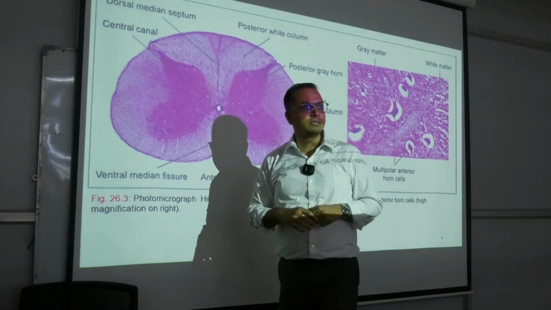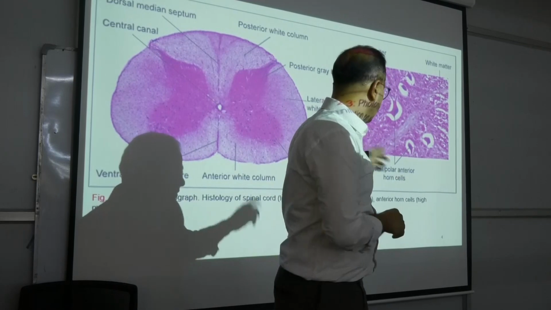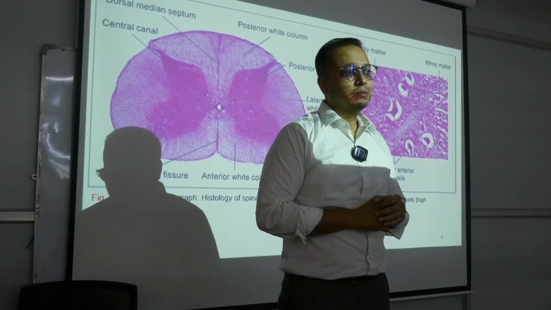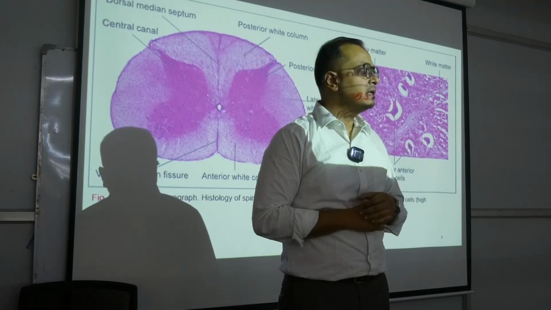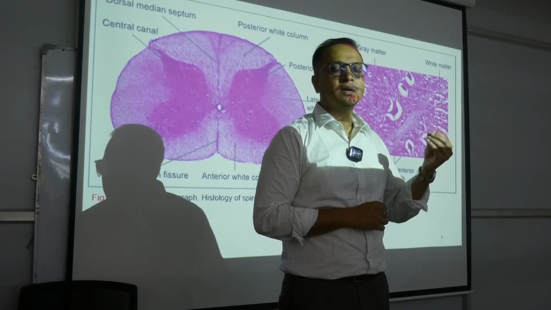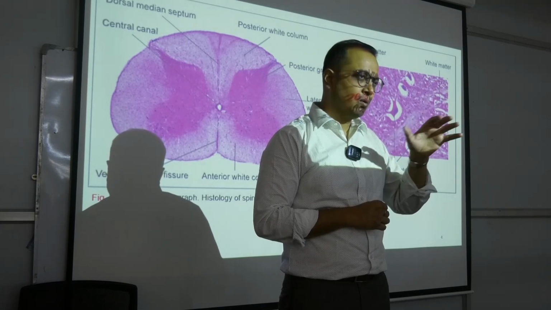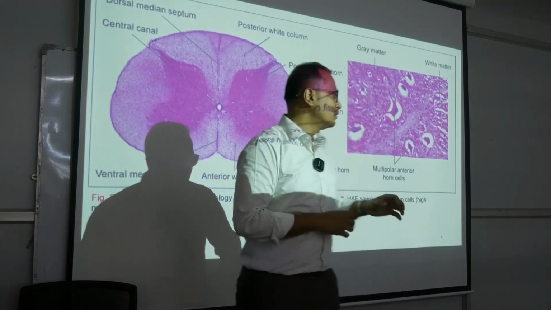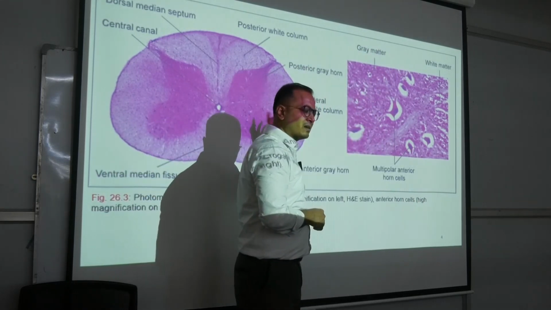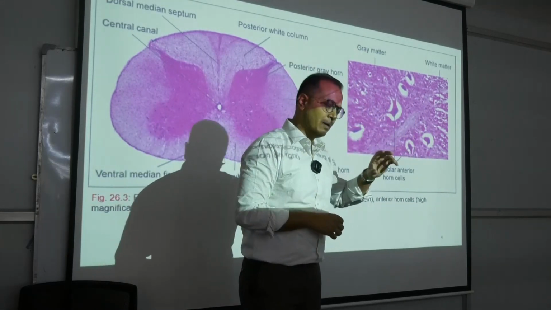So, to summarize the microanatomy of this spinal cord, first things first, we have to identify the central canal. The central canal is the same ventricular system which is present in the brain, cerebellum, etc., all these things continued down to the spinal cord, which is a narrow slit. Through this central canal, the CSF should be flowing, but no such flow happens to occur, but